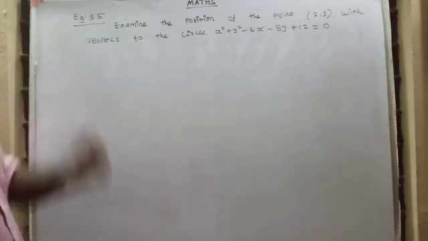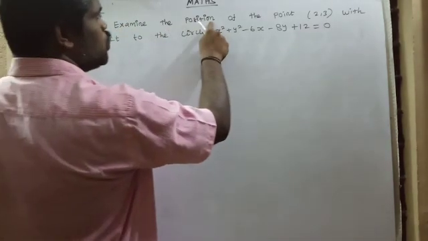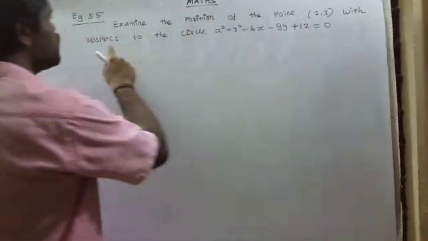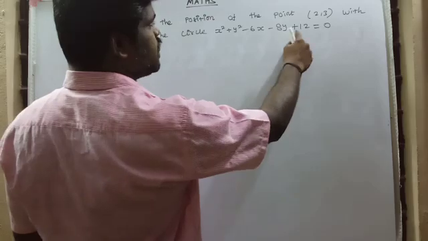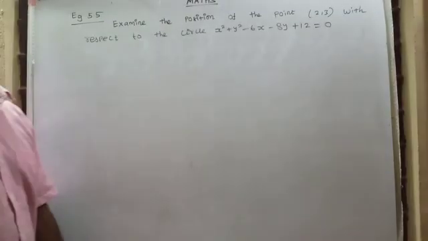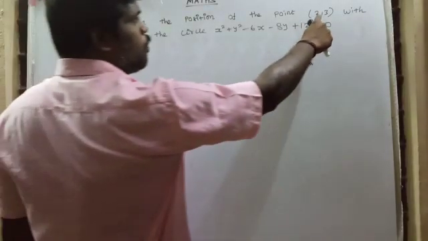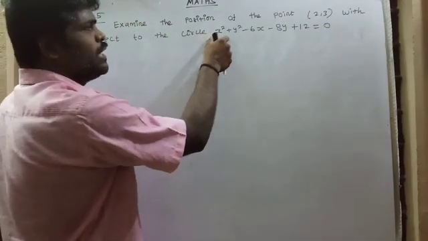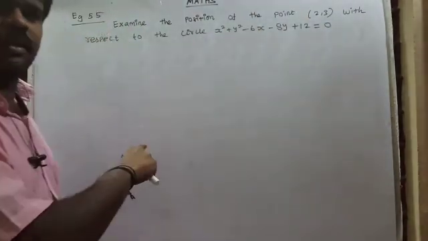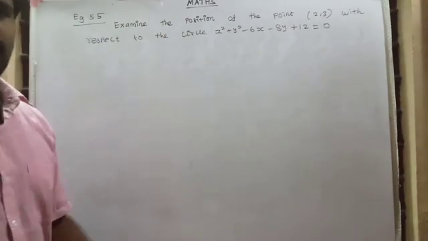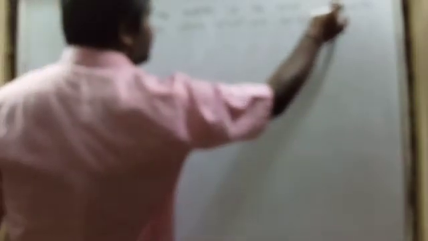Example 5.5. Examine the position of the point with respect to the circle x squared plus y squared minus 6x minus 8y plus 12 equal to 0. We want to find at which position the point lies: inside, outside, or on the circle. Okay, right. First of all, we have to take the point